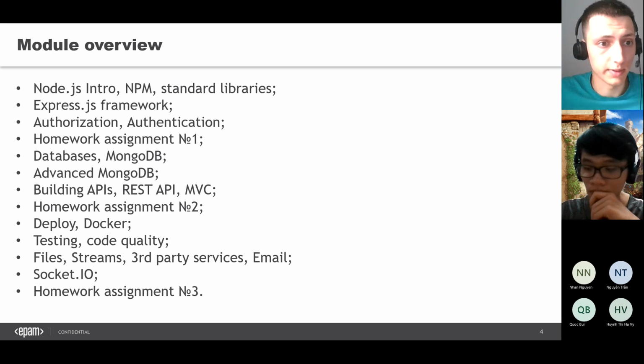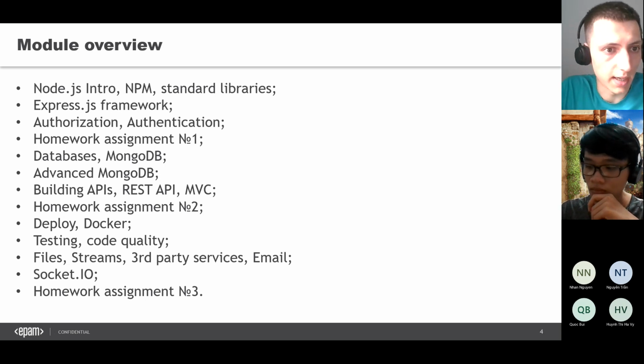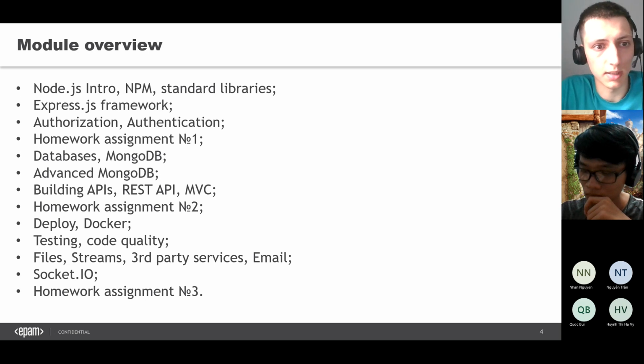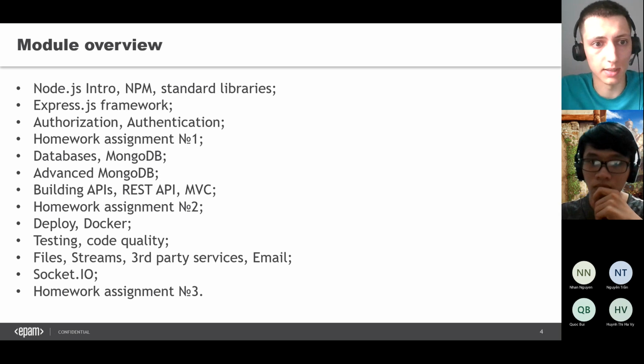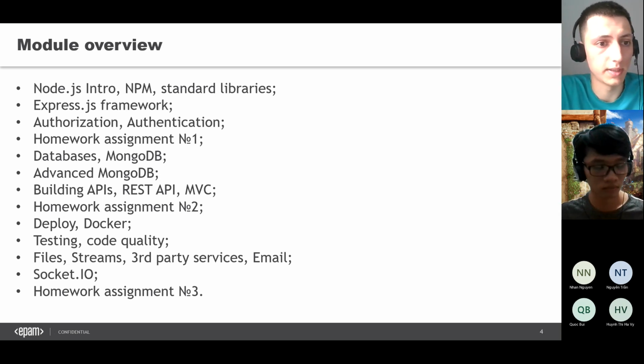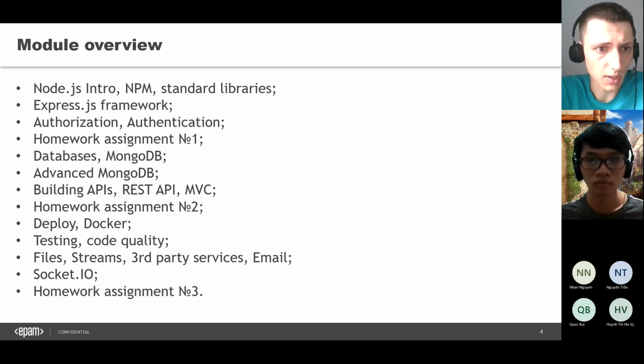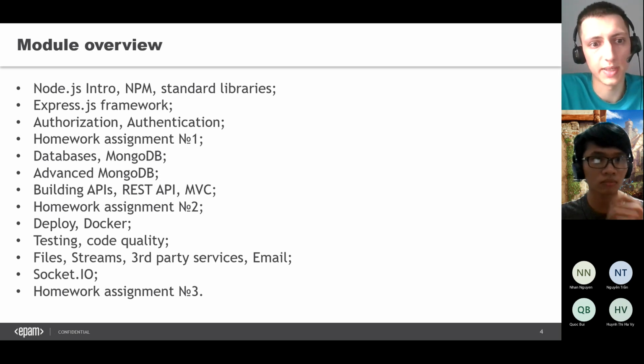Then you'll get the first homework. Then we'll talk about databases, MongoDB in particular. We'll go a little bit deeper into MongoDB, and we'll build some APIs. We'll also talk about REST and RESTful applications and the MVC pattern.